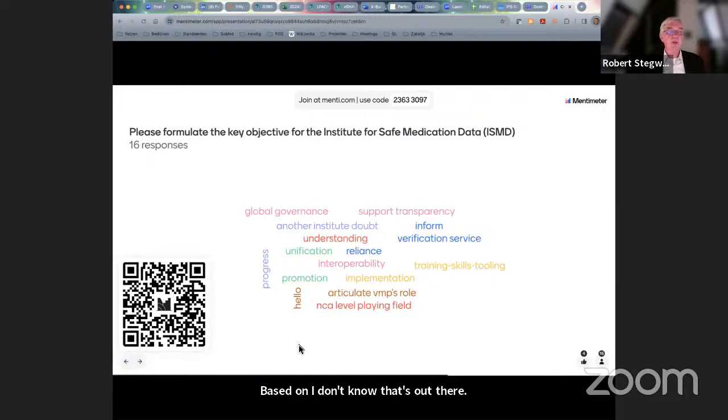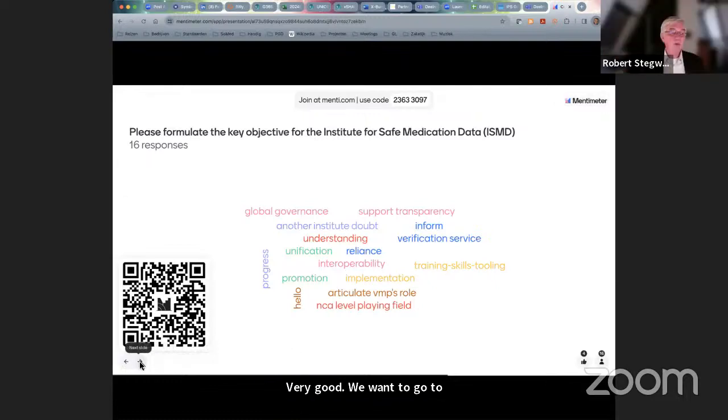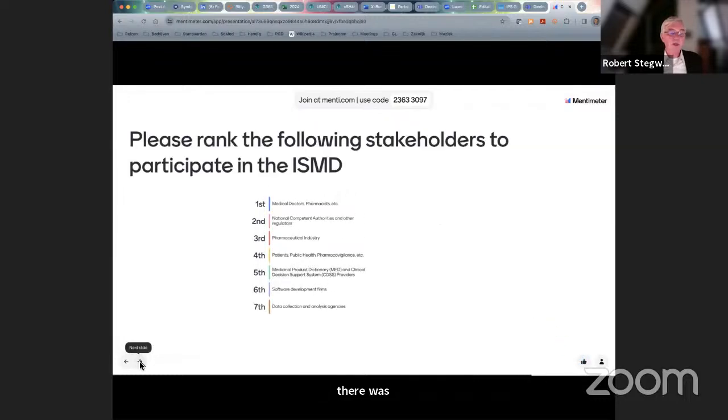Do we want to go to the next one? Yeah. Was there a next one? I think there was. Yeah. We look at stakeholders. These are the 7